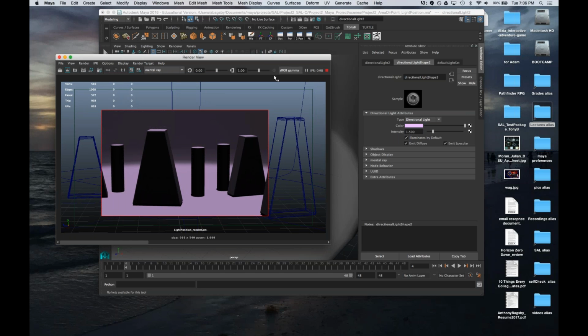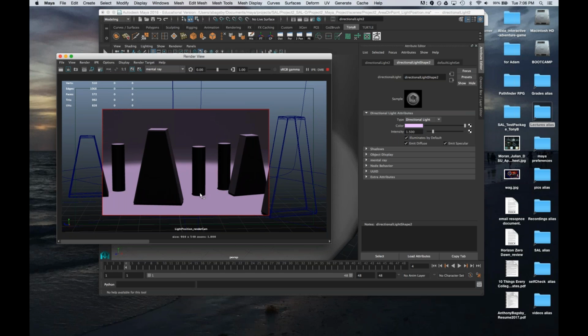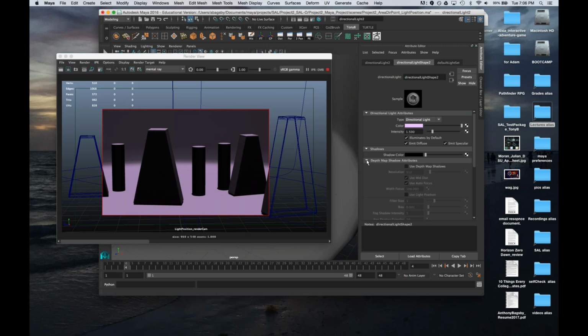So that brings us to, I think, contrast. And this is all about the shadows. For the most part in this assignment, that's not going to be too hard because you have to adjust how close the light is and the decay, which on directional lights we have neither, because directional lights are infinite lights. They'll go infinitely no matter how far away they are, so we don't have to mess with the position. We'll do a little bit with the area light afterwards.